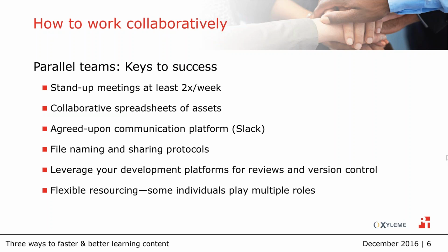We also had some collaborative spreadsheets that kept us organized throughout the project, and that was cloud-based as well. We used Slack for our communication platform. It's similar to Skype, but because the project was so rapid, we really needed that instant communication tool. We also did use Box for file sharing, both internally and with clients, and then another product called